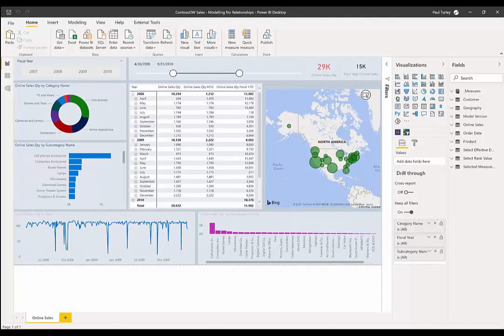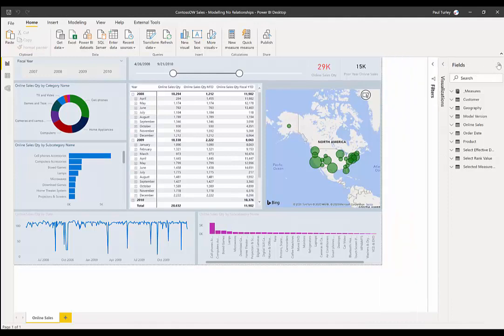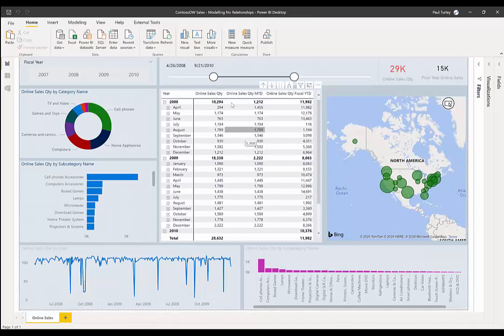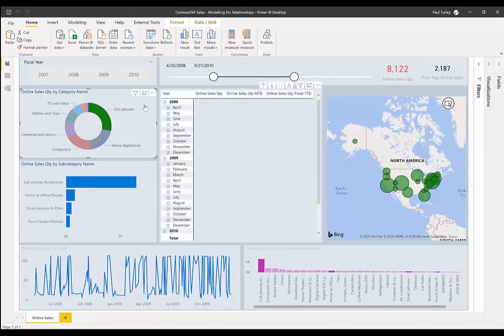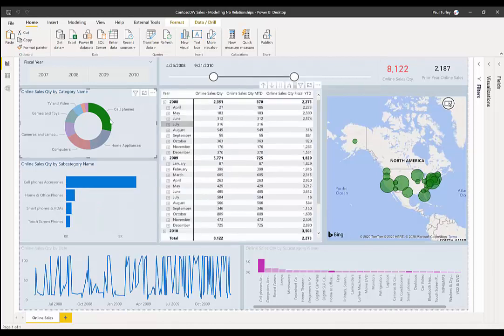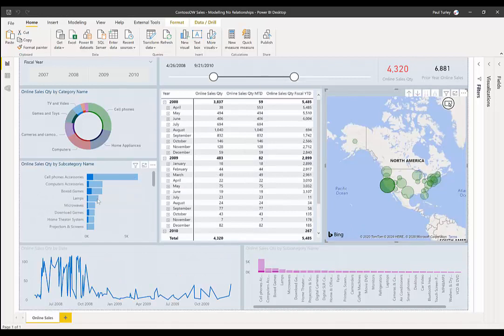So here's an example. Here is obviously an interactive Power BI report. That is very much like the reports that we've seen. When I click on a visual, as you would expect, everything else on the report interacts with that visual. So I click on cell phones and everything just shows me cell phones. If I click on California, then all of the data is just related to sales in California, etc. It all works just like it's supposed to. So you would think, well, I must have a dimensional model behind this, and there are relationships between tables, and all of the filters are propagated between those tables. That's the way a Power BI data model works, right?